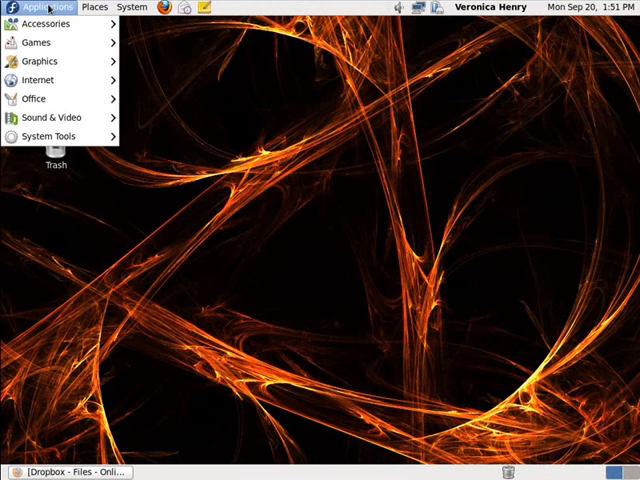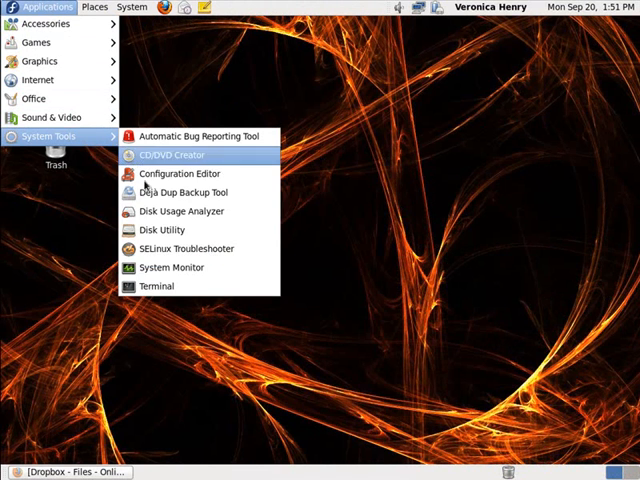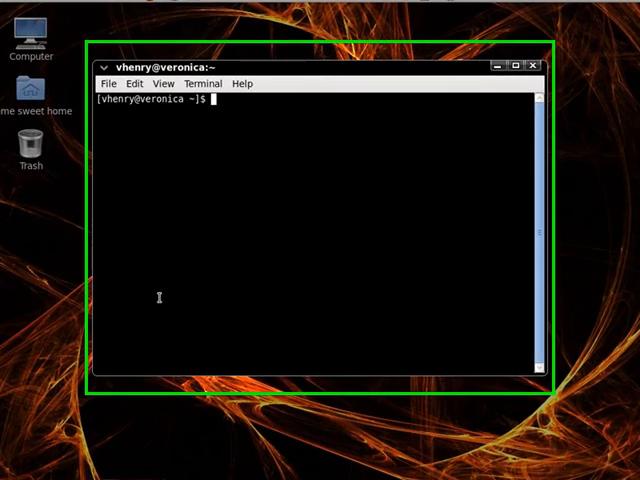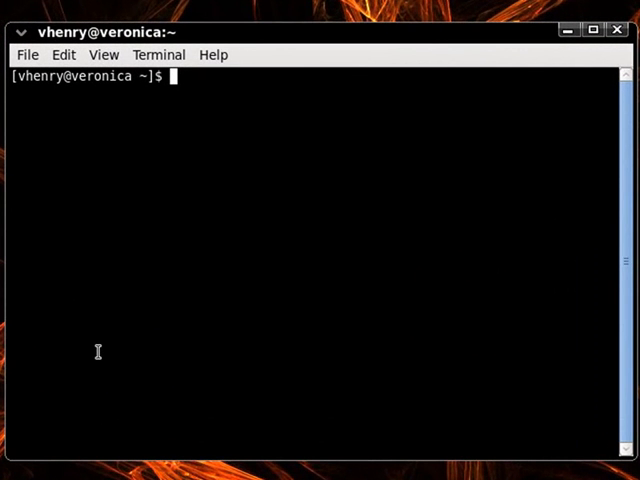From the Applications menu, if I click on System Tools and click on Terminal, that will launch a terminal window. Now this might be a bit different in your distribution. I'm using again Fedora 13. Now from the command line, we'll type in the command cat, C-A-T,